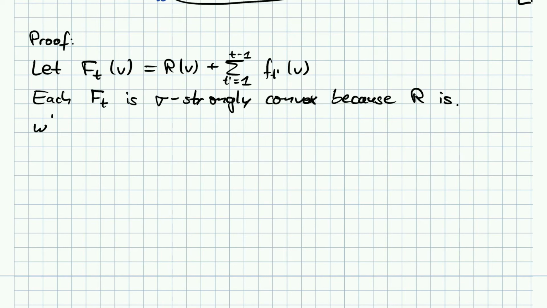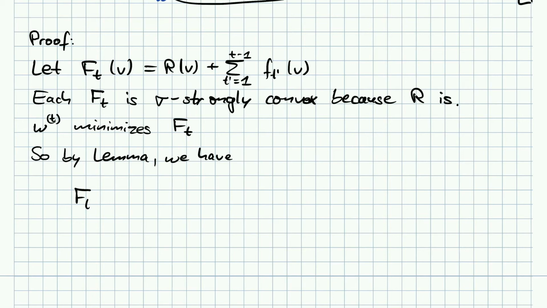Now this w_t minimizes F_t. So by our lemma, what do we have? We have that F_t(w_{t+1}), this is not the minimizer of F_t, minus F_t(w_t), capital F I'm talking about here, this is the minimizer of this function,